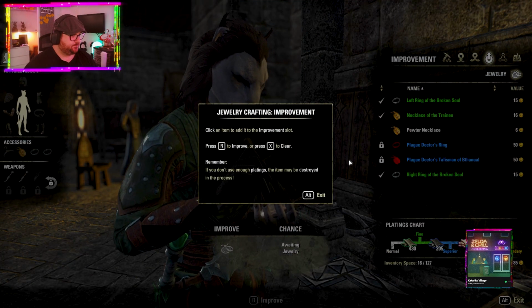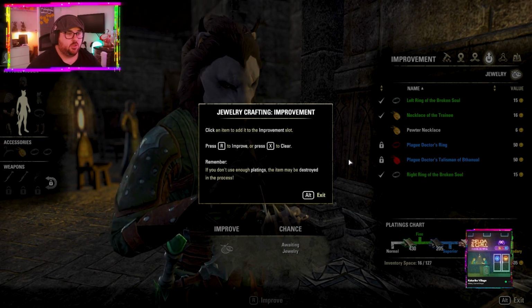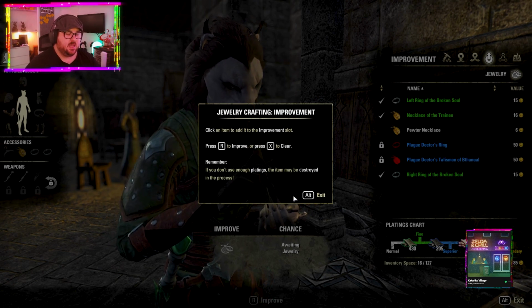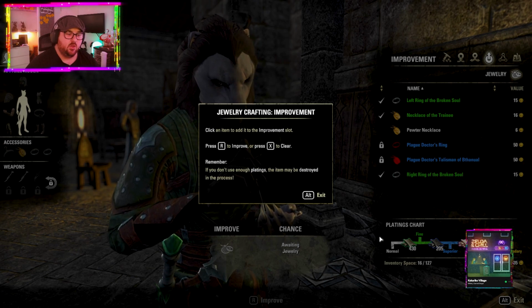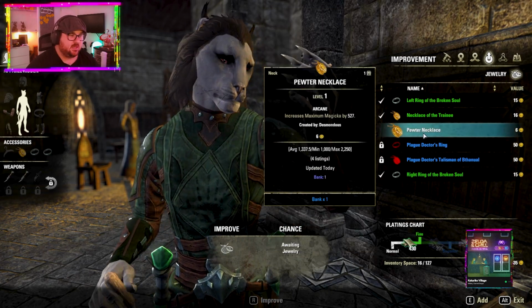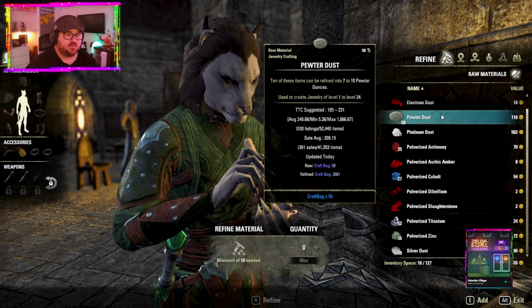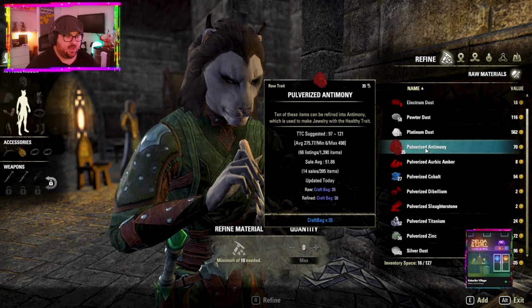And then you've got improvement. So obviously you can, like with your other crafting professions, assign an item to your improvement slot, and like with your previous crafting professions, you can then use different platings, in this case, to improve the quality of the material. So let's go, for example, I've got a pewter necklace here. If I have 1 plating, actually, you know what? There's something else I need to talk on here as well. There are technically, I just realized, 3 different raw materials, right? I don't actually have...